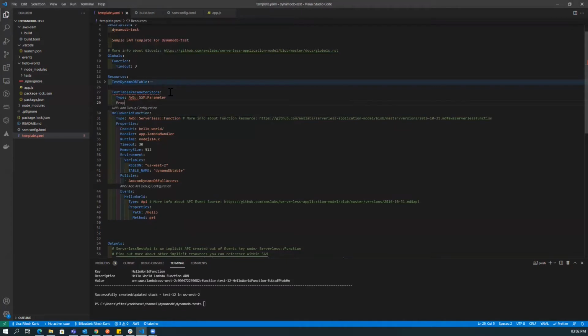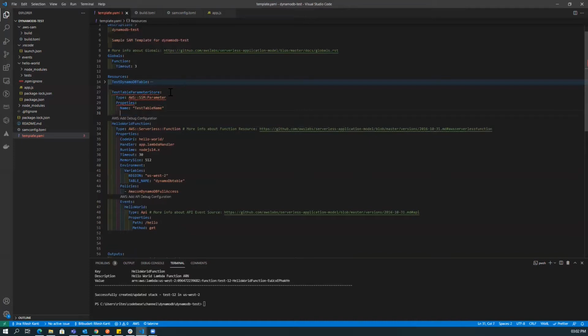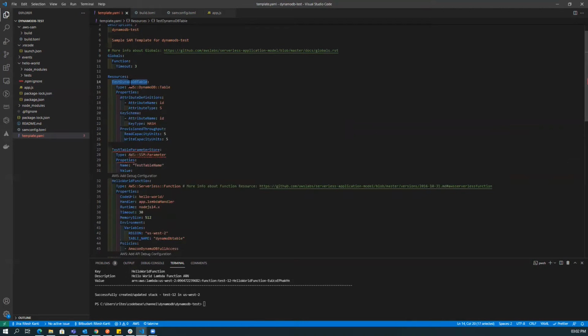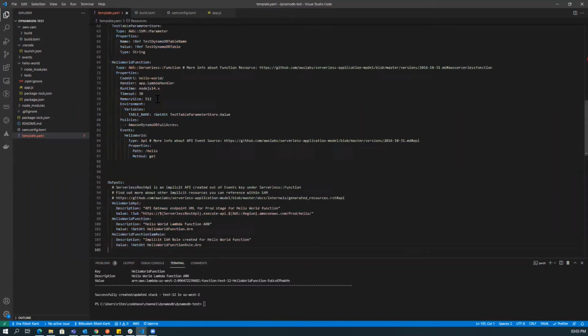And let's give it properties. In the properties, there will be a name. You can name it whatever you want. I'll name it test table name. And I'll give it a value. In this SSM parameter, I want to store the name of this table. That I can do with the ref operator, ref, then the table name.